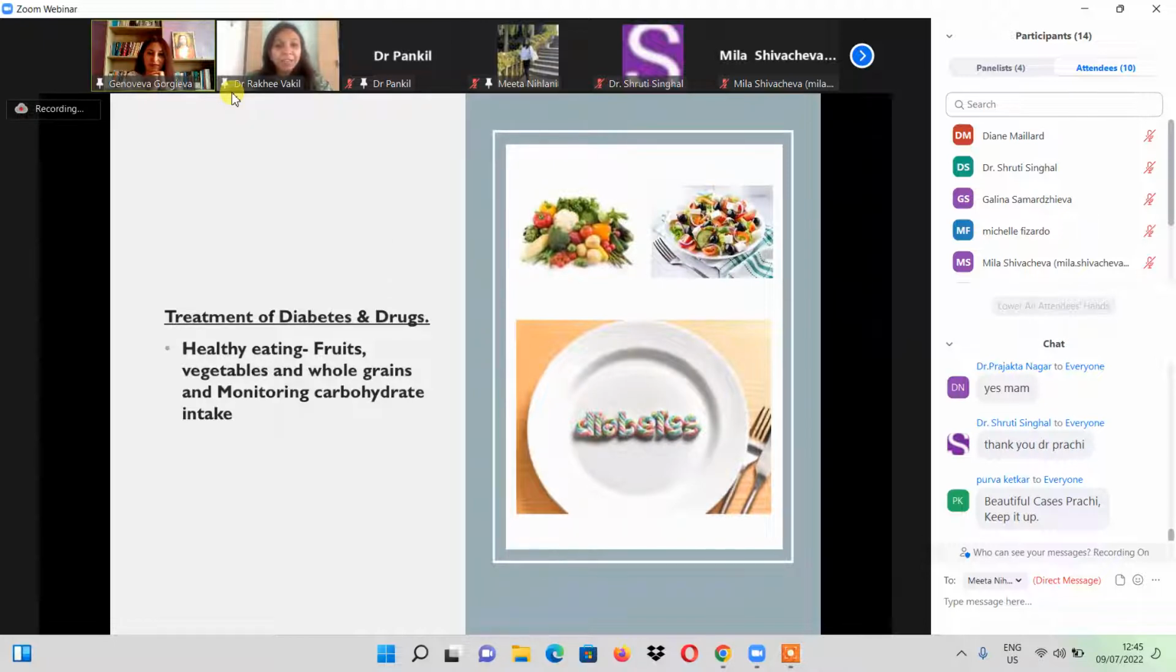Treatment of diabetes and drugs. Healthy eating, fruits, vegetables, and whole grains, and monitoring carbohydrate intake. Eating good amount of vegetables will give good amount of fiber in your body and good amount of essential nutrients, which really help you control your blood sugars,